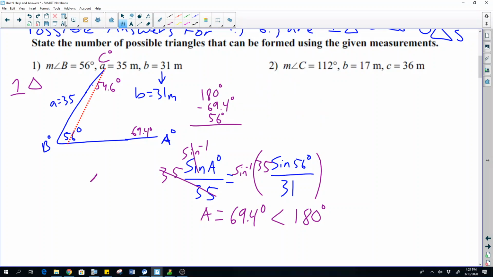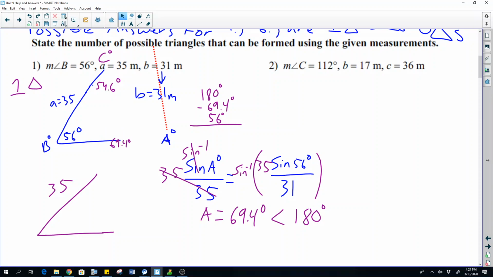Now we have this side length still, which is 35. I should have done my drawing a little better for swinging purposes. Let's do it a bit better, because I really want to make this look beautiful for you. We'll change this again and raise this just a little bit. There's our 69.4 degrees that we found before. We'll make this a little bit smaller.